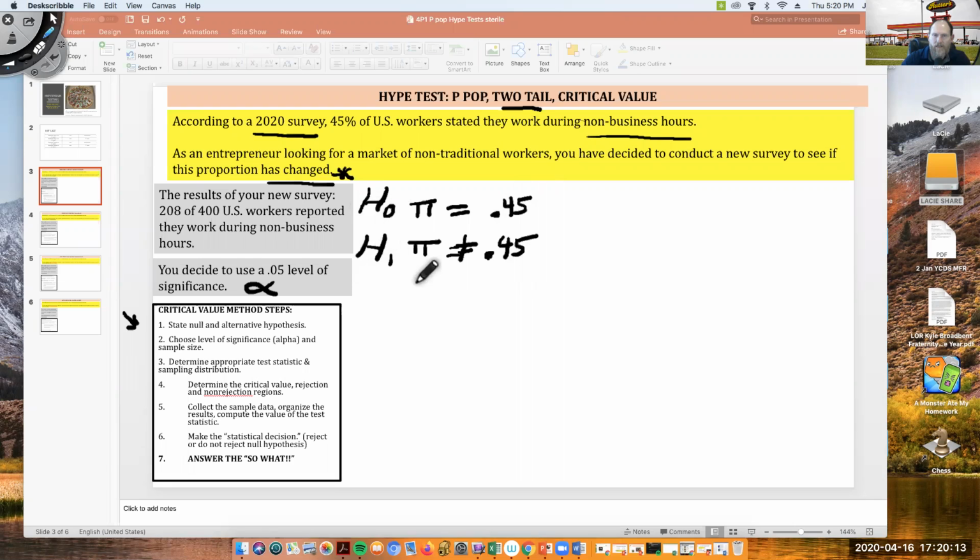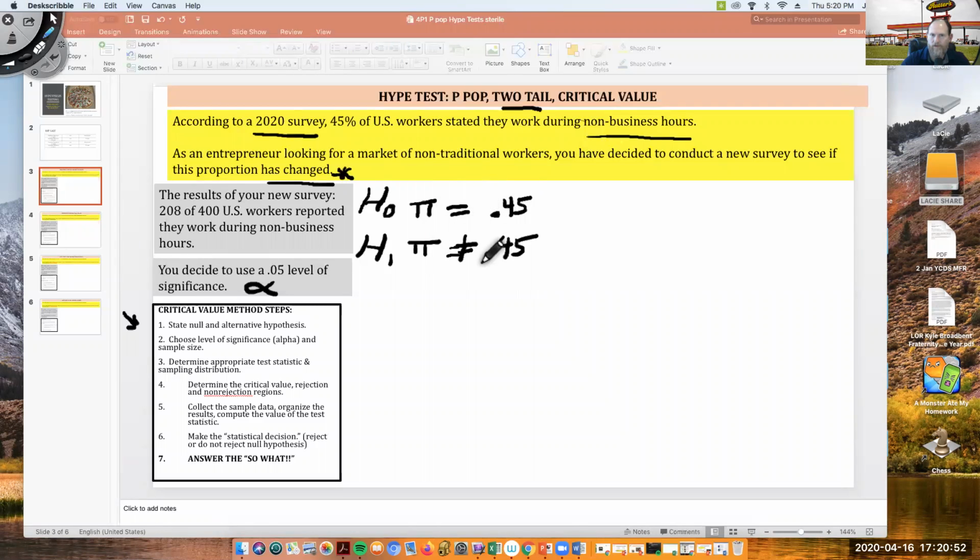Okay, so nice, clean setup. Notice again the patterns. If we're using 0.45 in the null, we have to use 0.45 in the alternative. Some people kind of get ahead of themselves and come up with a value, well, I don't think it's 0.45, I think it's really something else. That really has very little to do with this right here. So you have to make sure these match and these match, and then these are the opposite. It either is equal